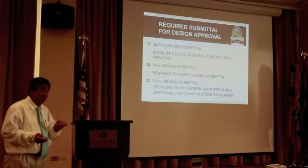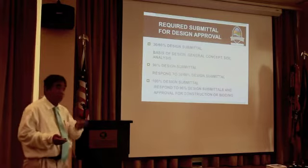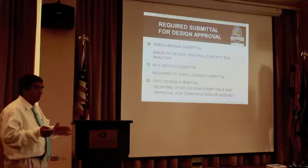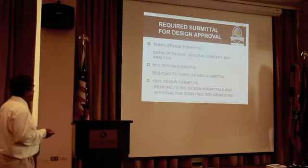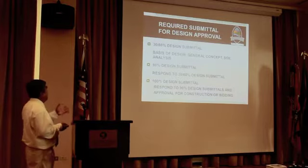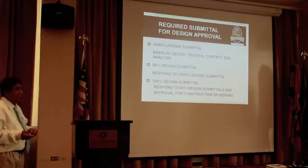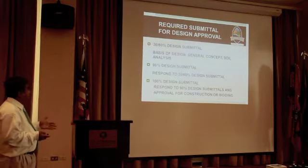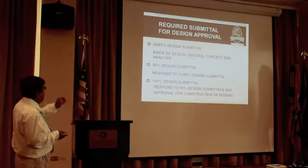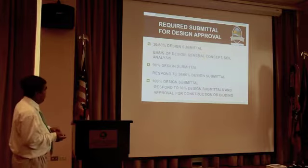30-60%. Normally it was 30%. And again, because of the DOD, we agreed that 30-60 be combined together, and so we accepted that to reduce the time of review. What we require for the 30% design submittal is basis of design, general concept, and soil analysis. And on the 90% design submittal, we require a response to the 30-60% review comments. So when you submit your 100%,